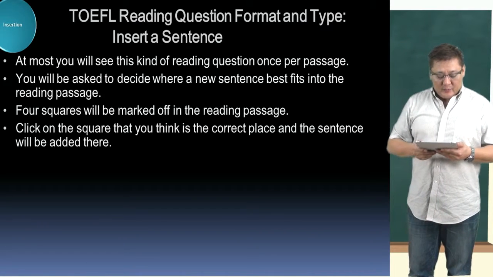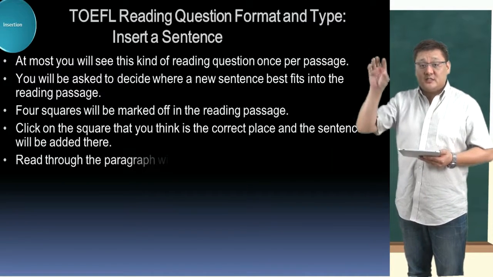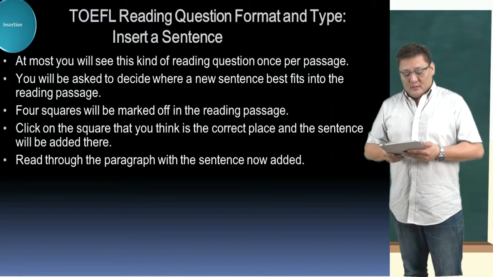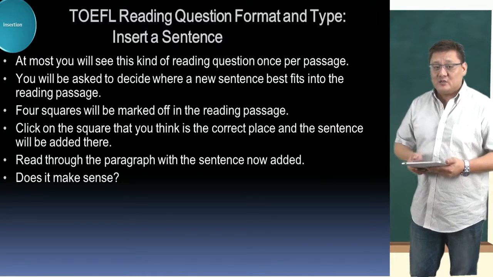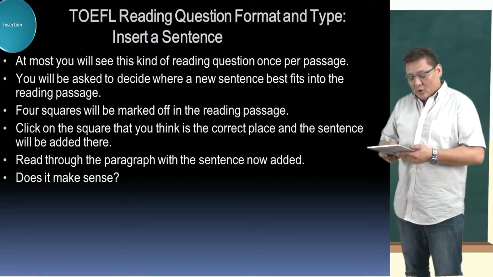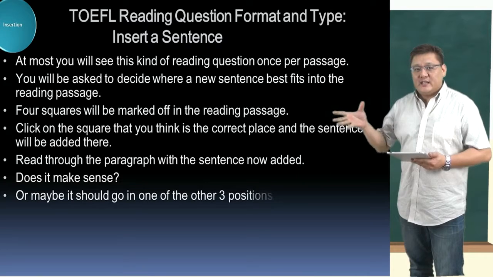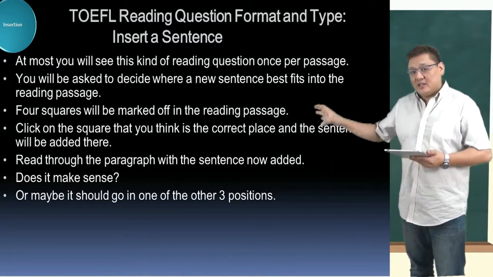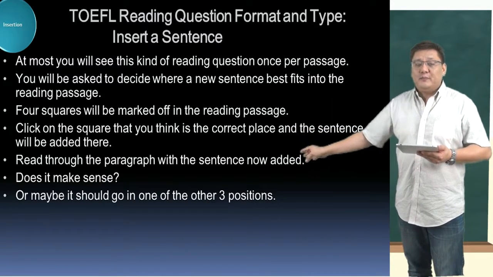Okay? Okay, read through the paragraph with the new sentence now. Okay. 하나씩 넣어볼 수 있거든. 진짜 실시하면서 하나씩 넣어보고 여기 하나 넣어보자. 여기 한번 넣어보자. Okay. 자, 제일 중요한 거. Does it make sense? 진짜 말이 잘 되는가? 이거 보면 거기에. Okay. 이게 제일 중요한 포인트야. Okay. Or maybe you should go to the other 3 places. 항상 생각 못하는 거는 여기 괜찮은데 하고 you guys 넘어가. Right? Don't 넘어가. Okay, the reason why I want you to just take a look and try the other way. 다른 데도 끼워봐. Okay? 몇 초 걸린다고.